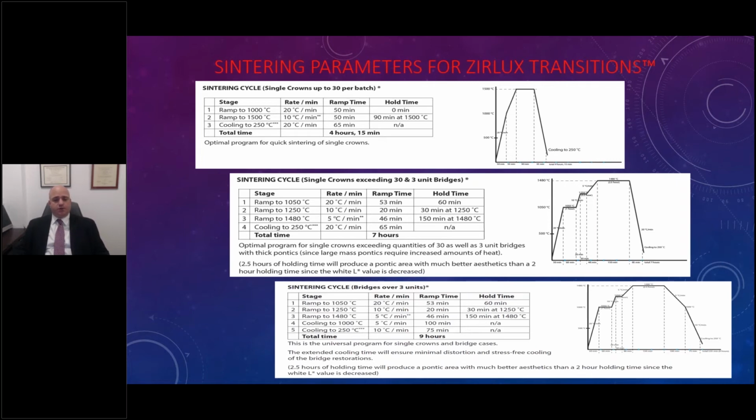If you're running two sintering ovens, or 3, 4, you may allocate bridge work for 9 hours and singles for 4 hours. The idea is the flexibility; even the sintering is all within your control now. So you're getting a zirconia that is gradient, it has true chroma, and true incisal in the way we look at incisal. For production, you can choose how you want to sinter it. Please respect the fact that single crowns can be speed fired, whereas with bridges, it is certainly not recommended, but you can still have a 7-hour or a 9-hour sintering cycle. So the flexibility and the decision is ultimately yours, as a laboratory owner, to achieve a consistent and repeatable, high quality premium